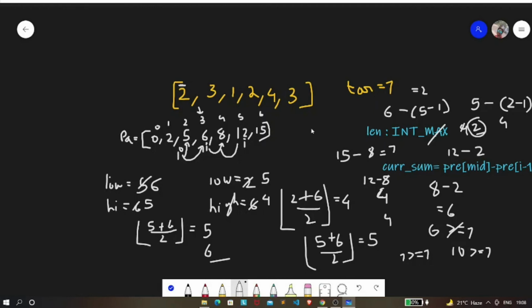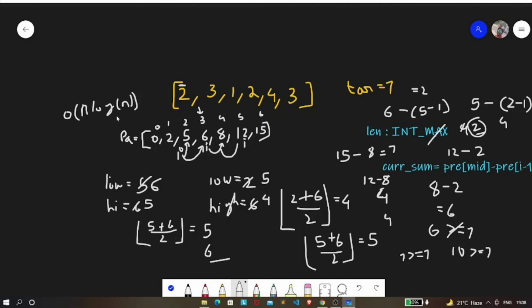So the time complexity for this algorithm is nothing but big O of n log n. The reason being it is n because we are actually performing the binary search for each and every element of this array, so it is n.